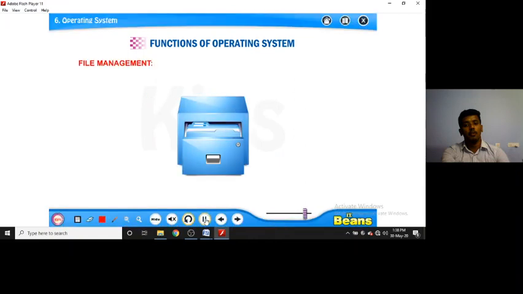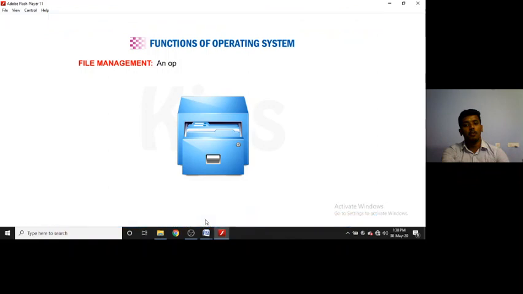Next one, file management. The next topic is file management. The name itself contains file management. In class 7 you have one chapter itself called file management, organization of data, how you are organizing the files. So how the files are organized: in the hard disk, inside it drives, inside them folders, inside them subfolders, inside them files.